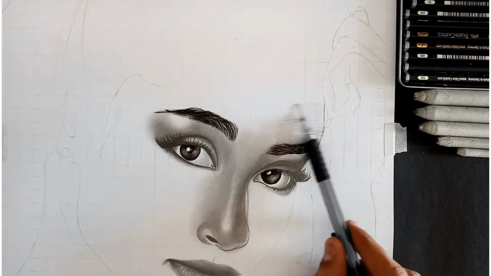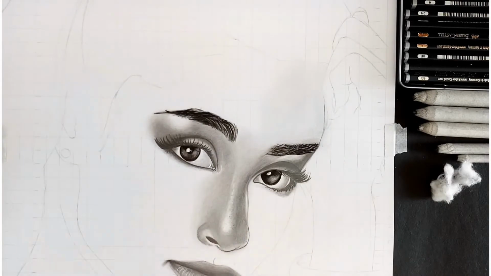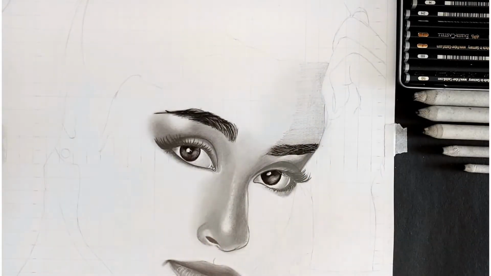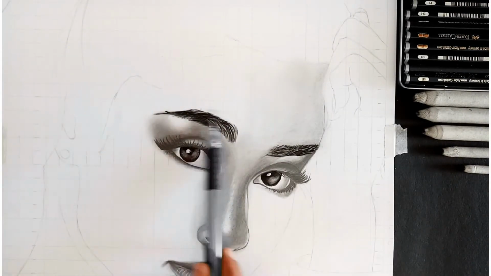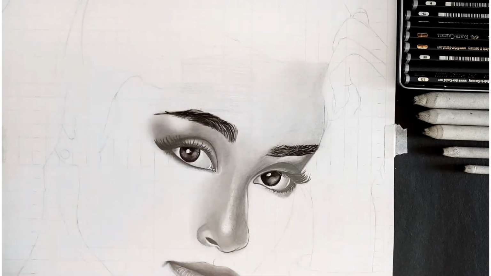So now we will shade the face. It is the easiest part of all. So basically what we have to do is take three pencils. First, an HB pencil or mechanical pencil. Second, a 2B pencil. And third, a 6B pencil. So first, using a mechanical pencil, add a base layer